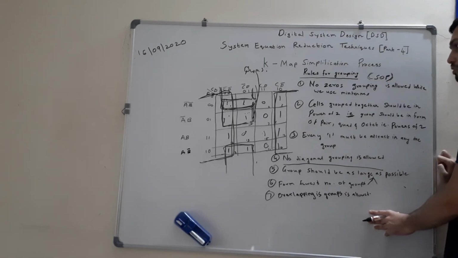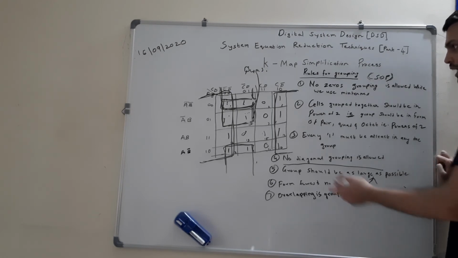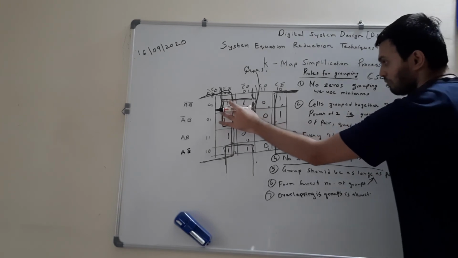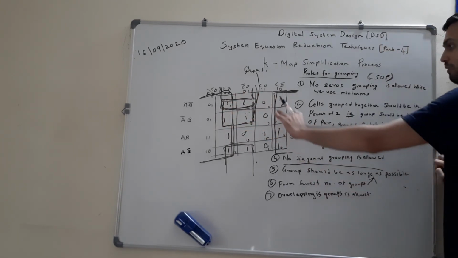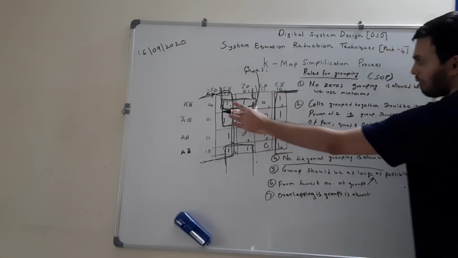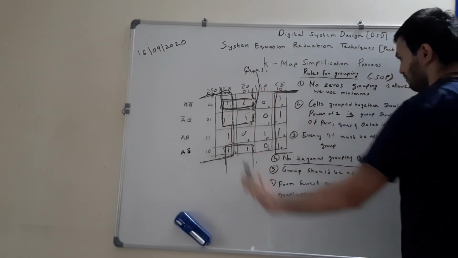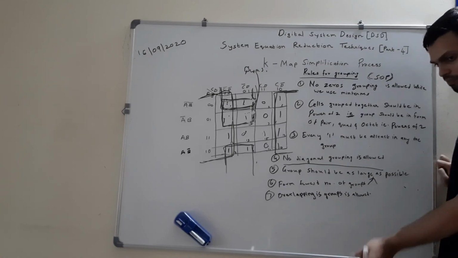So these are the rules we should remember while grouping, when you are grouping for Boolean expression simplification. And what does this grouping give us? As I had explained to you earlier, when you group two ones, one variable is eliminated. So similarly, from all these groupings, some variables will be eliminated. This quad will eliminate 2 variables, this octet will eliminate 3 variables, and this is how you will simplify a given expression using K-map.